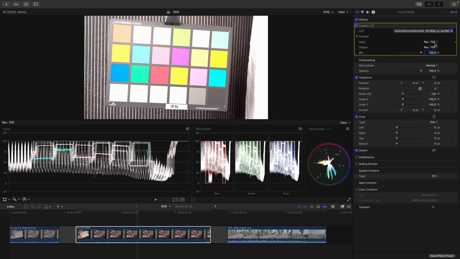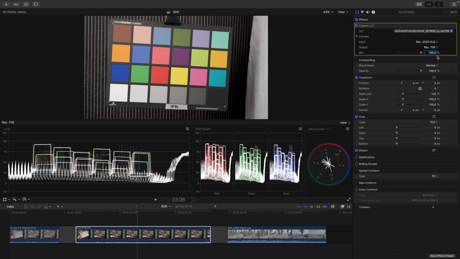What I would need to do now is set the input for the LUT to Rec 2020 HLG. Now we get a valid result. But look what I just did. I manually disabled the color conform and I needed to change the LUT input setting. So this took me 2 clicks and I know exactly what I'm doing. If I would be unsure about what I'm doing, this becomes 2 potential sources for errors. Therefore, if you follow my recommendations and use the color space override, you don't need to change the LUT input